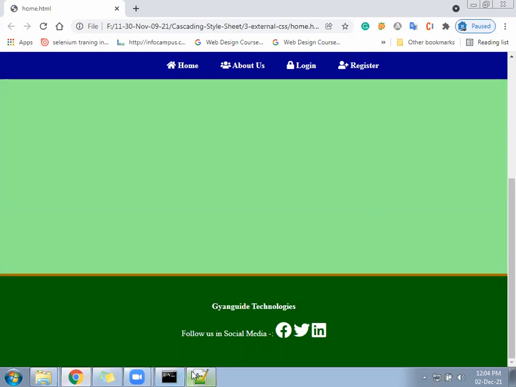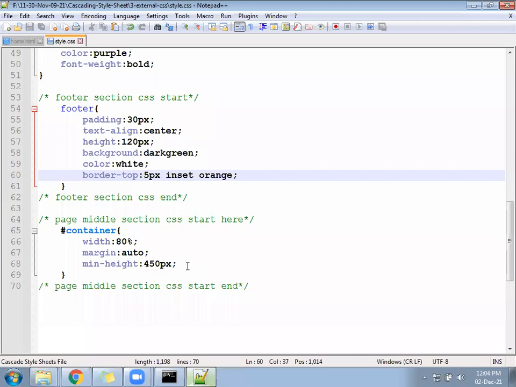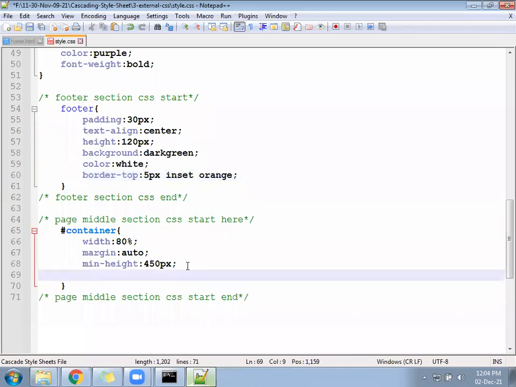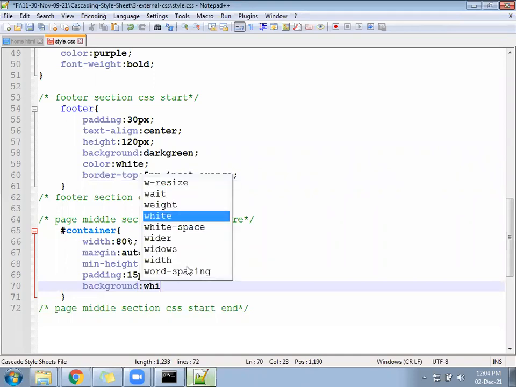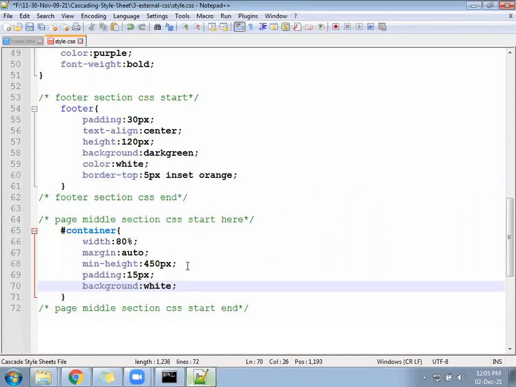Now come there. You have to change the background. Keep padding of 15px inside and keep the background white color.